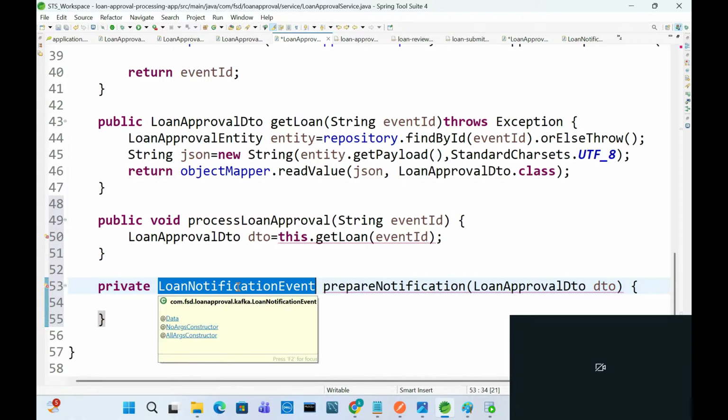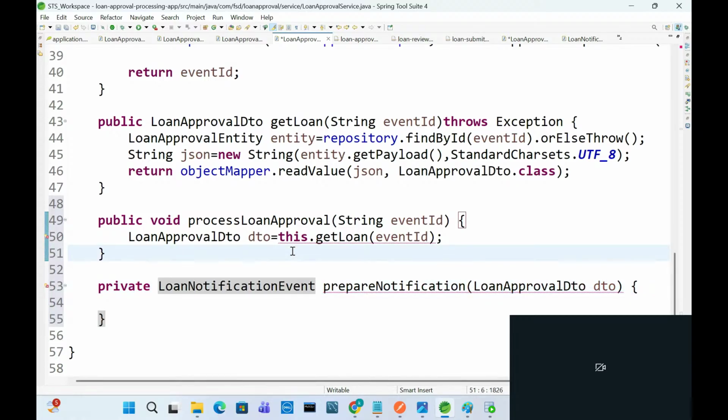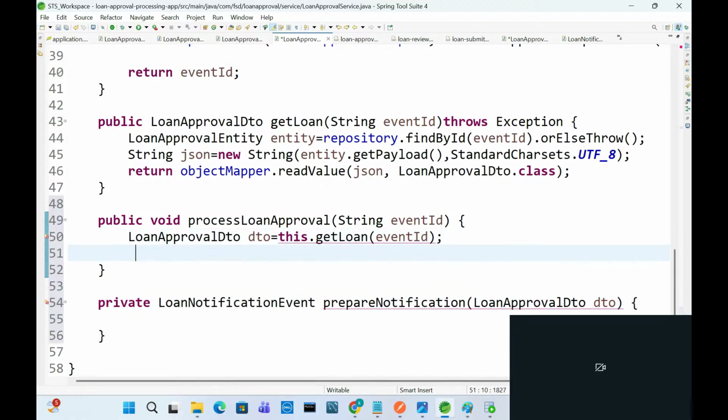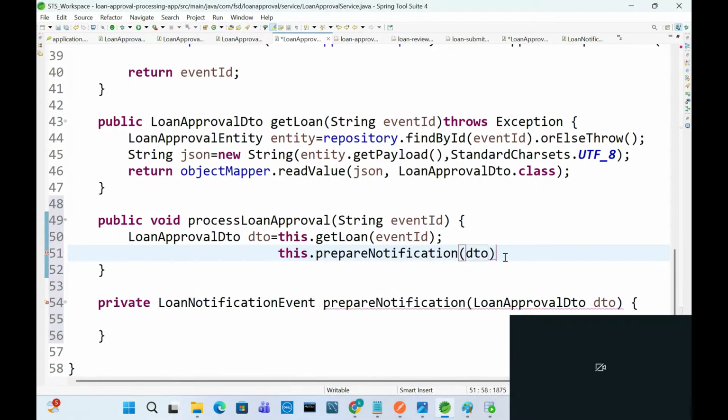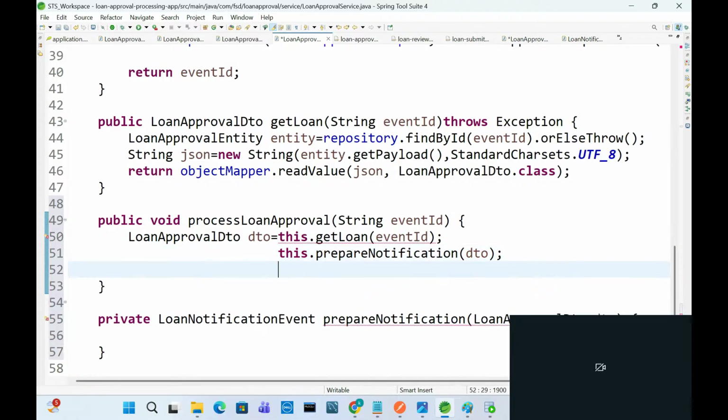So here, after preparation, what will happen? This dot prepare notification we are passing. Now after that we need to call